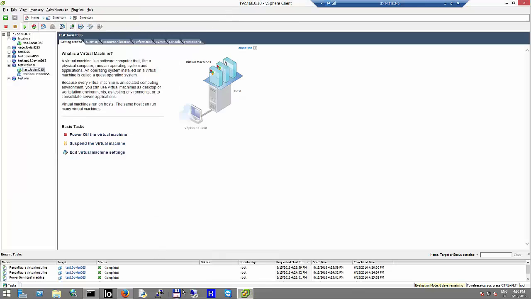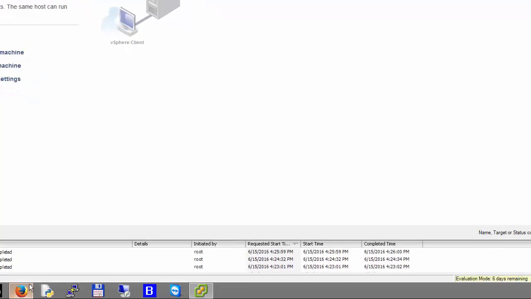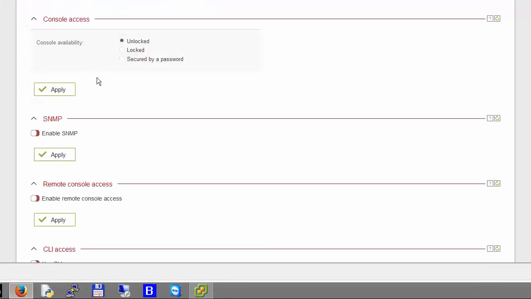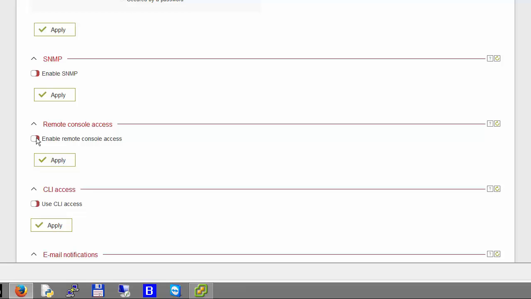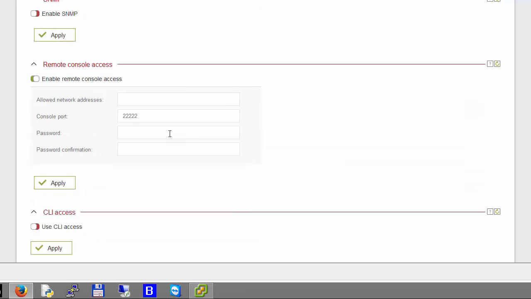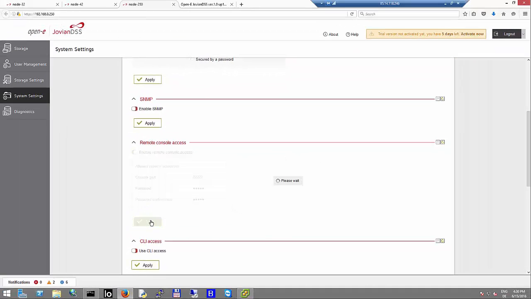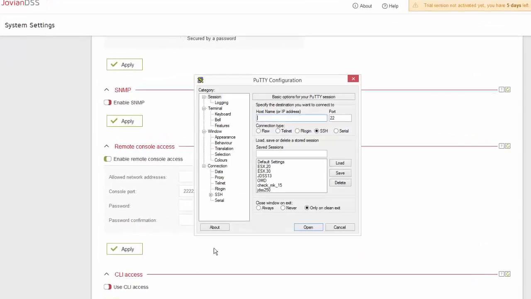But there is also an option to go to the console via PuTTY. So we just need to enable this. So there is a remote console access. So I can just click on enable, enter the password. So I just enter admin, apply. Okay, well, then you go to